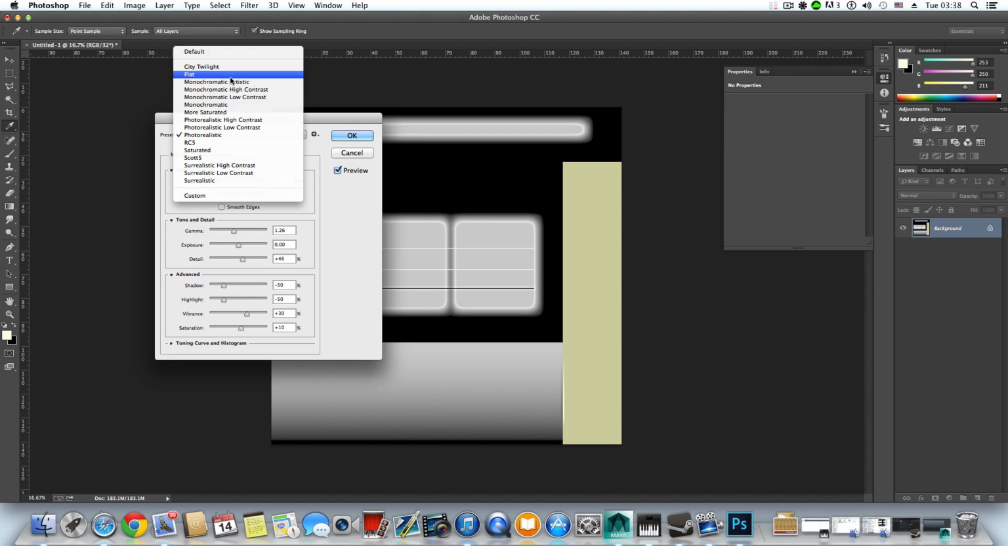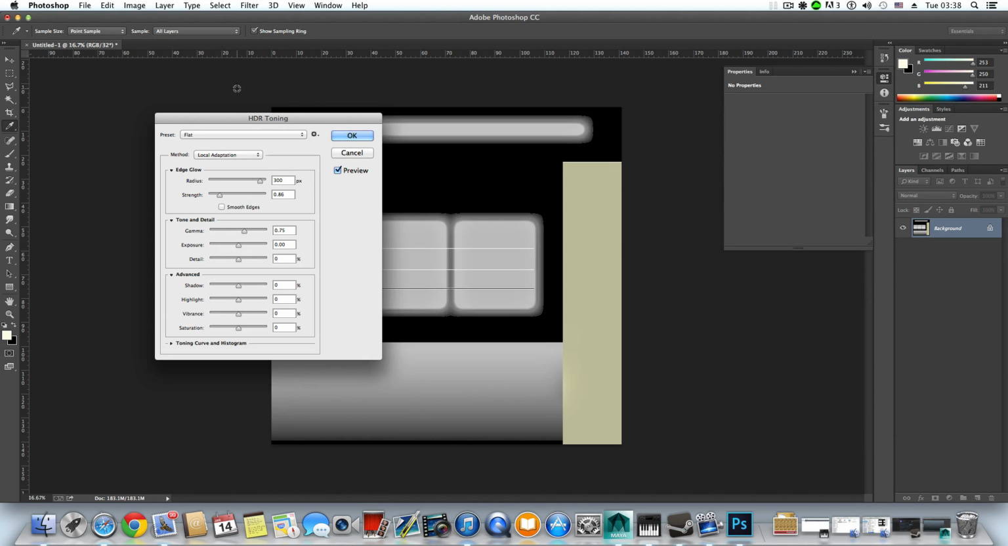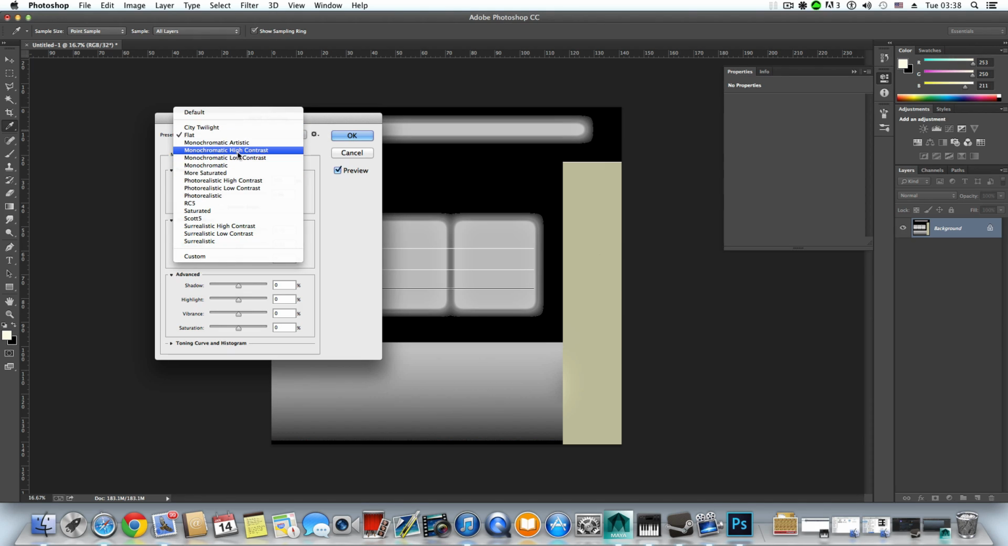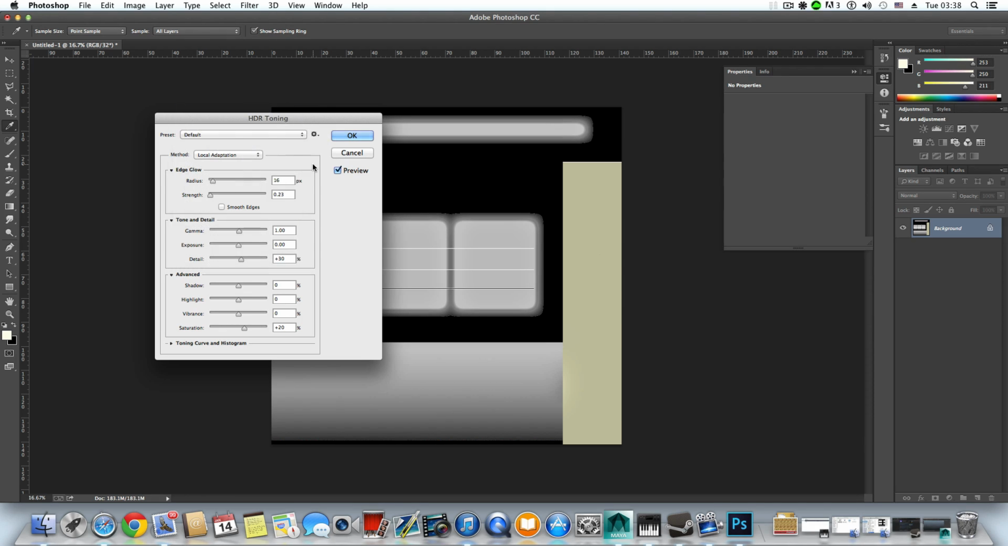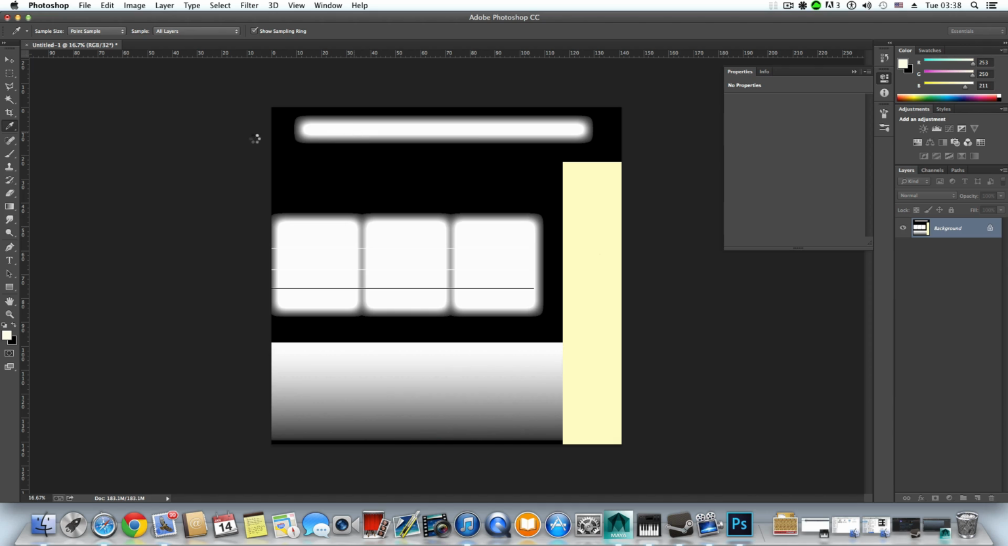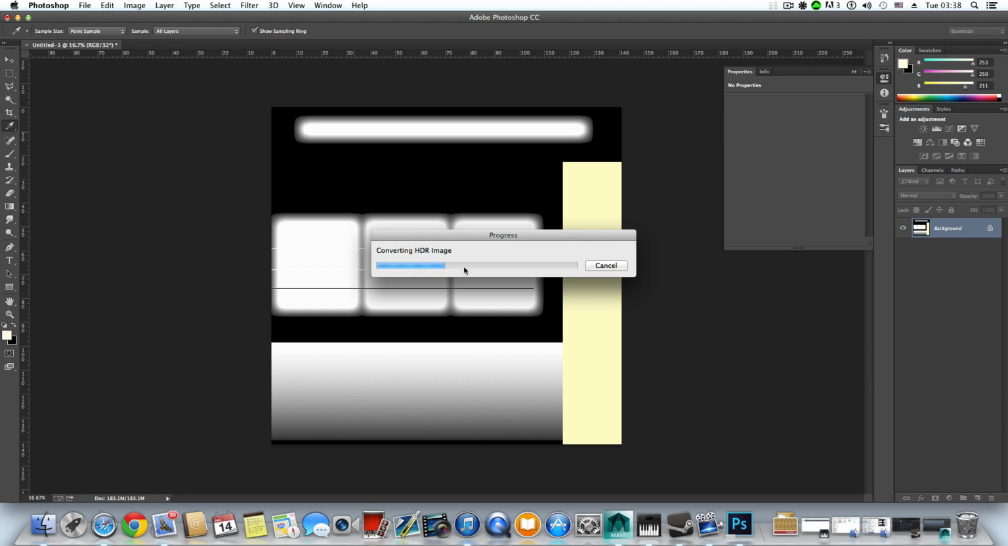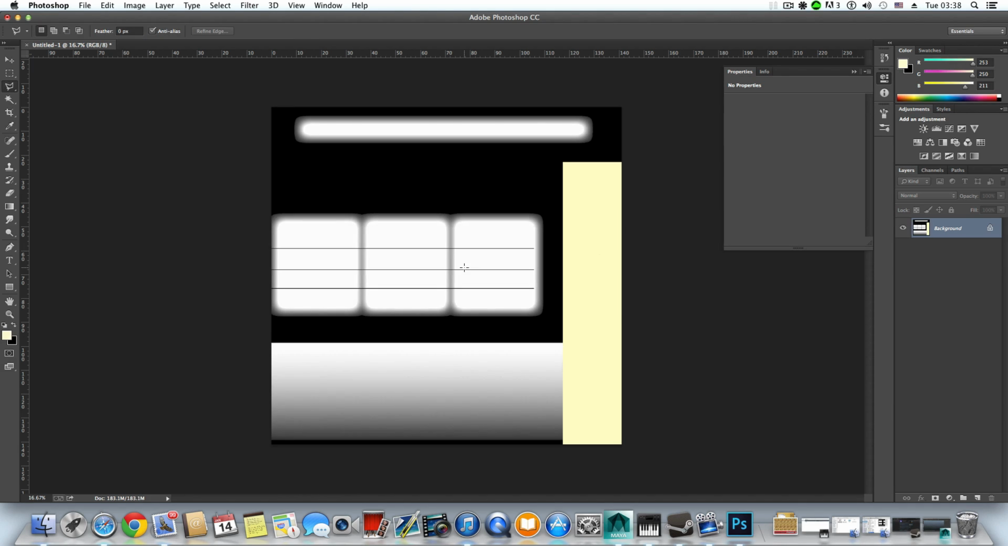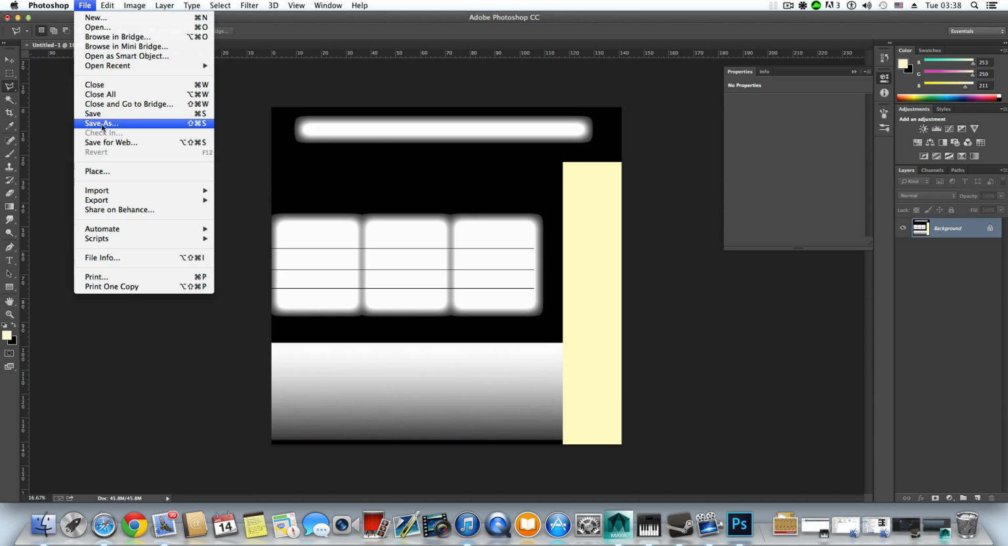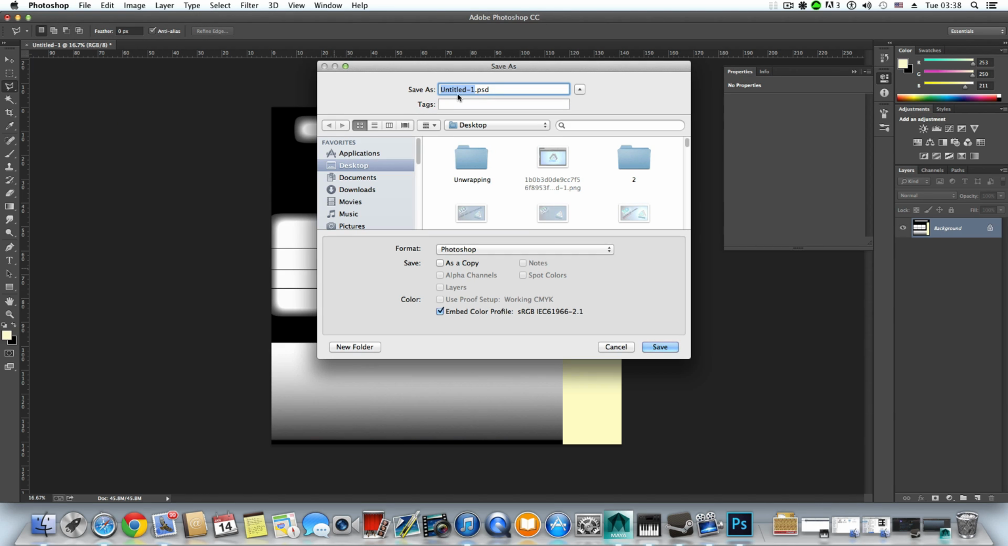Now, let's go with flat. No, let's go with something default and click OK. Never mind, it's already been done. Okay, so it's converting it to HDR image. Truth is, I don't have any clue if this is really converting it to HDR image. What I know is that I'm going to give it a name,